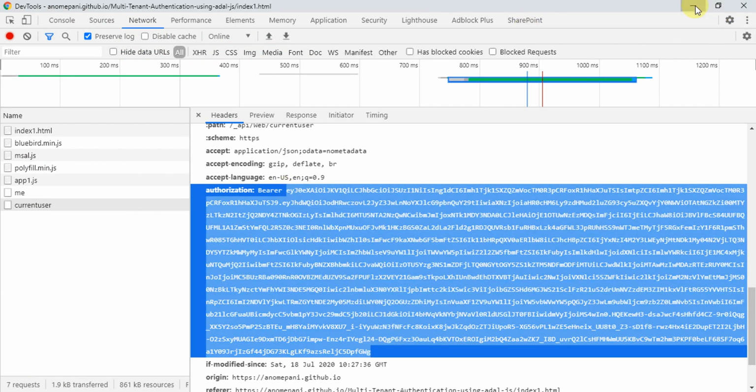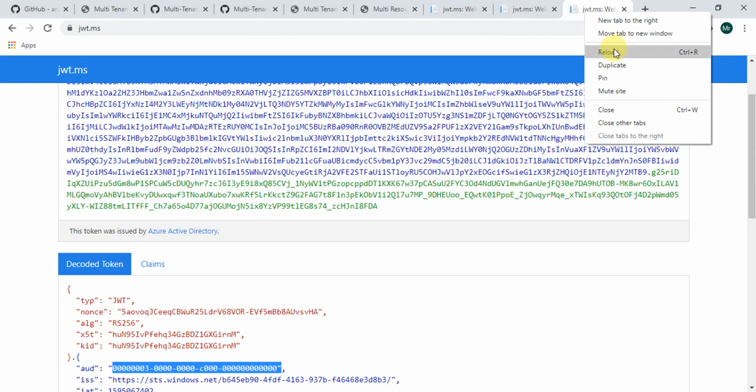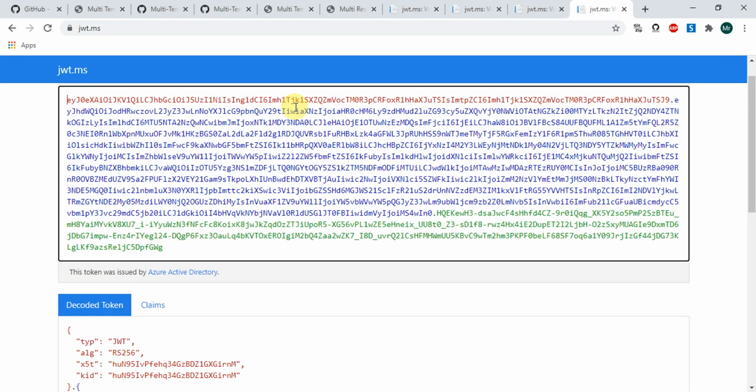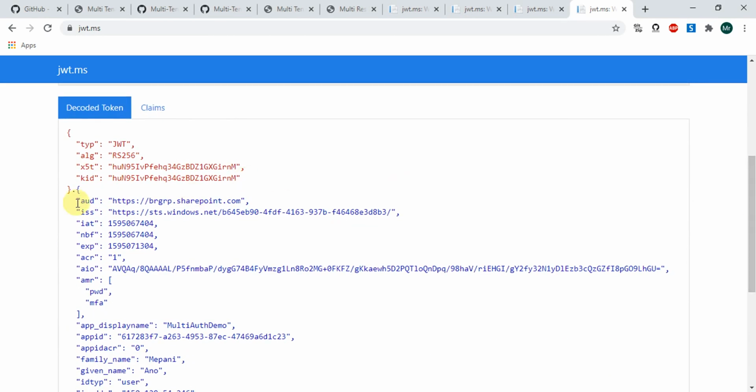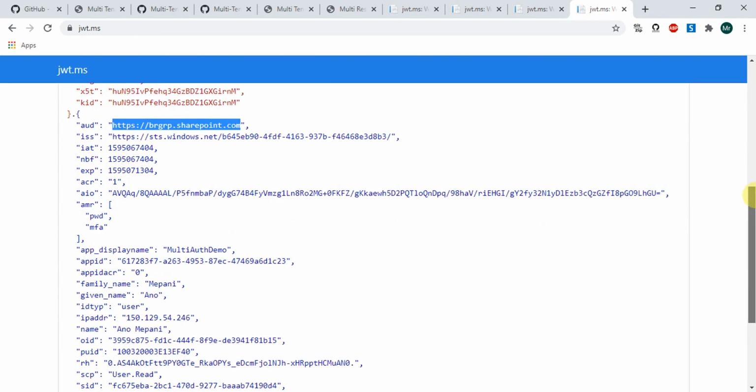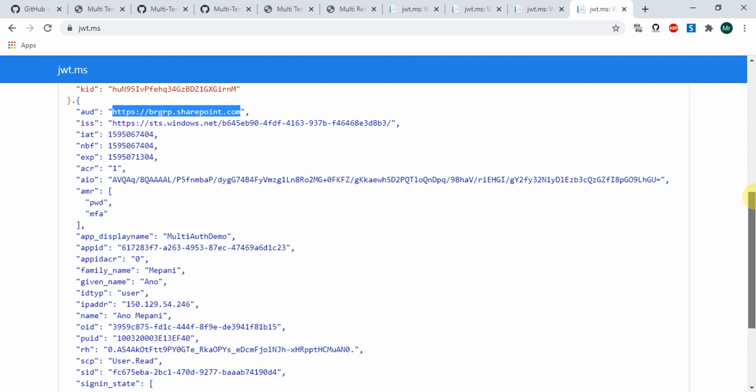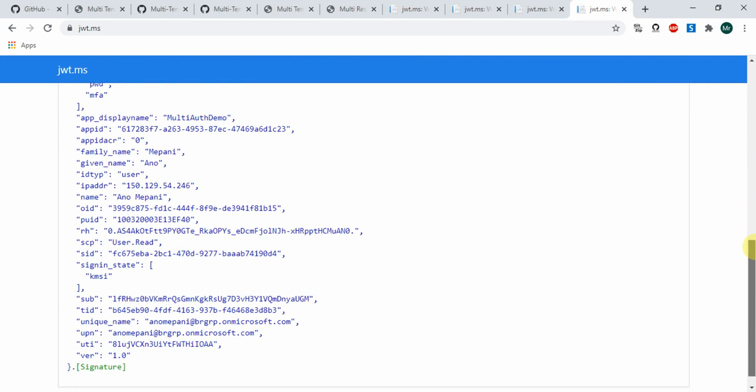So I am opening the different token in JWT over here. If we have to request SharePoint, the audience must be provided with the SharePoint site URL. So the audience will be the same, and the token and other information will be different. So this is a scope, other information.